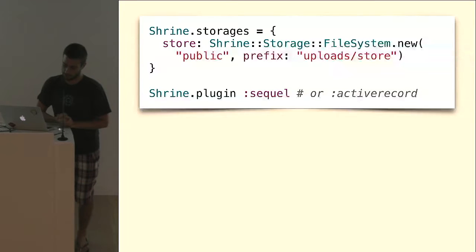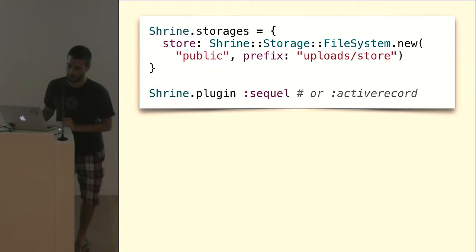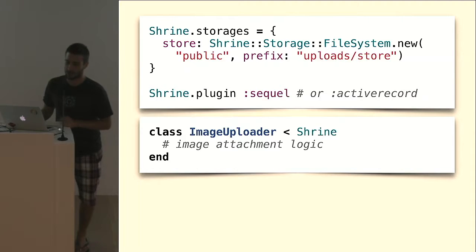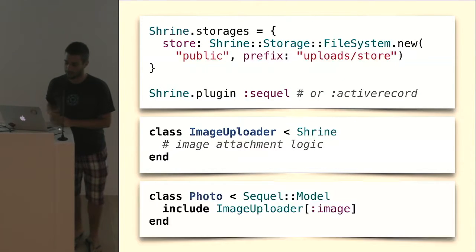So we configure Shrine to store in the public folder, and we load the plugin for Sequel, though if you're using Active Record, you can use that as well. Then we create an image uploader, an uploader for the types of file that we're going to upload. This concept is very similar to CarrierWave. And finally, we can create an attachment on a model,